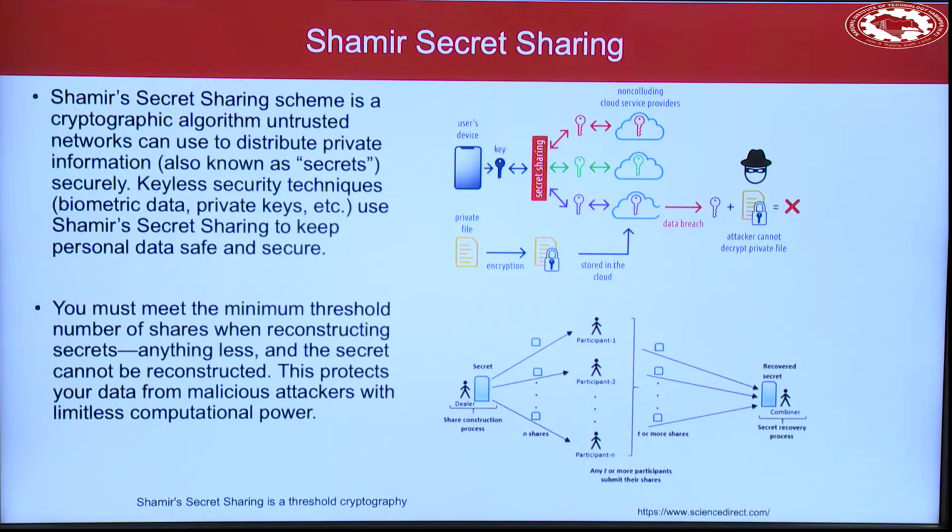Let's say there is a lock where 5 people need to be there, or 5 keys should be used in order to unlock something. Every time you need those 5 people to be here. If there are any 4, they won't be able to do it. Now, this algorithm says if any 2, any 3 are there, you should be able to unlock it. So, it gives you a little flexibility in a way. If some shares are lost in the network, you can still reconstruct your original thing, right? So, this algorithm is really important in order to keep your secrets at different places, distributed among users and so on.